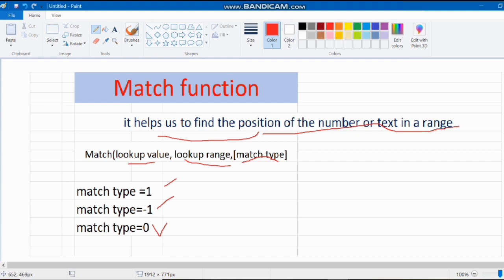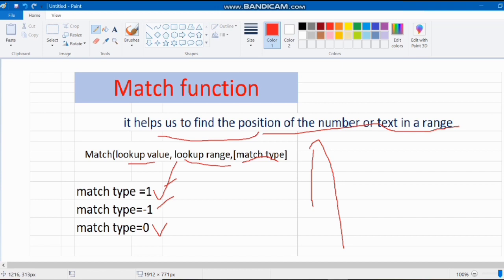Alright. And if the range in which you want to find your value is in ascending order, then you can use 1. It will give you the value that is the exact match or less than that value.